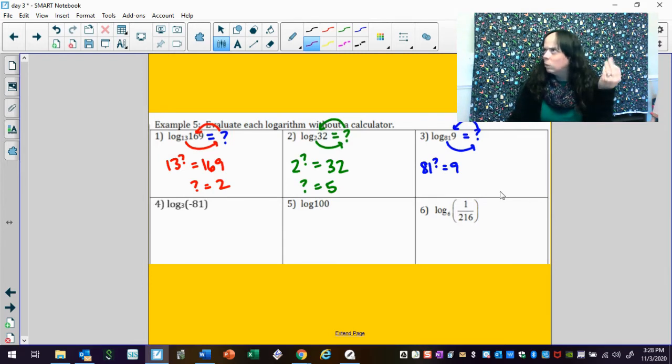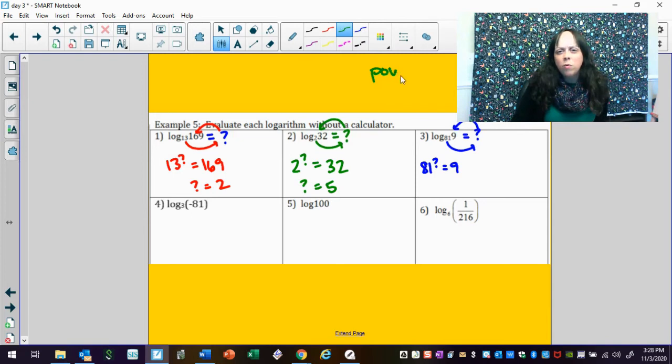I think I'm gonna have to square root it, right? Isn't that what I have to do? The square root of 81 is 9, you remember that, right? So how do I write that as a power? Do you remember power over root